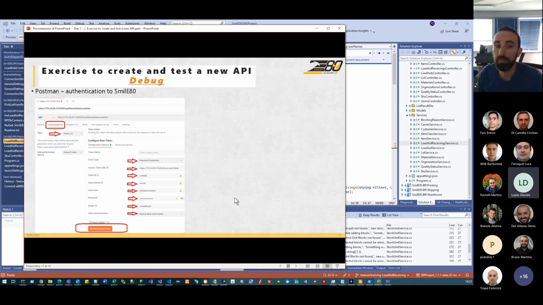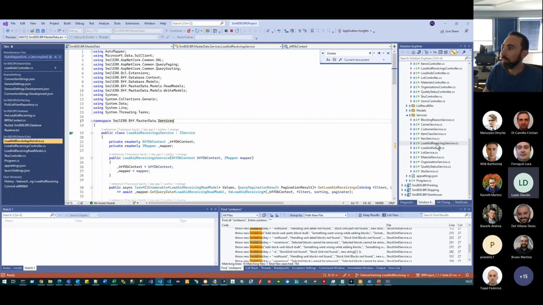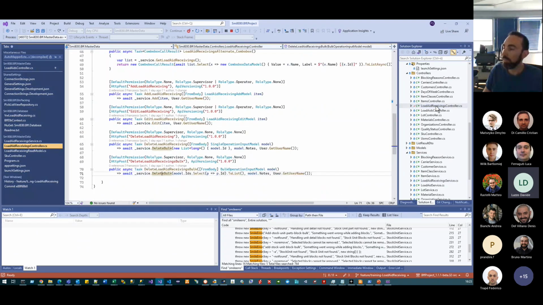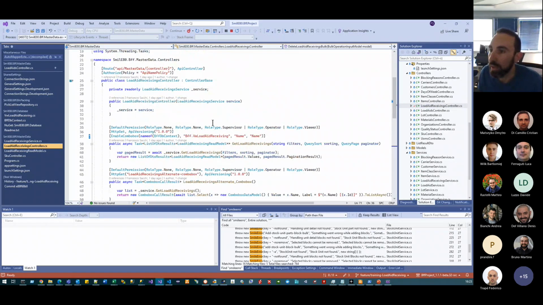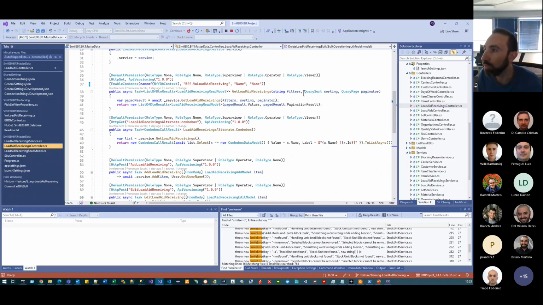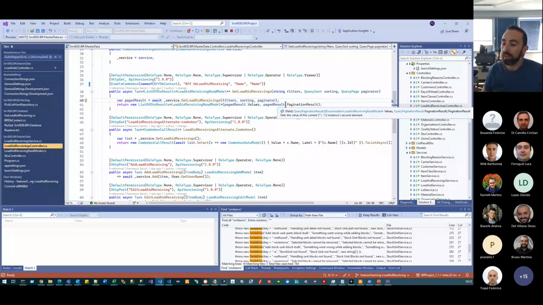Yes, go on. Just a curiosity. When we do a GET, at which level is the filter applied? Directly when querying, or is the filter applied later? Yeah, good question. I explained probably too quickly, actually. I skipped it a bit. It's done on the database. So it's done at the DB level, and